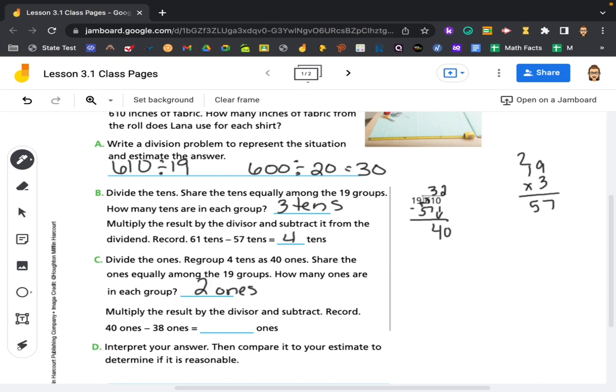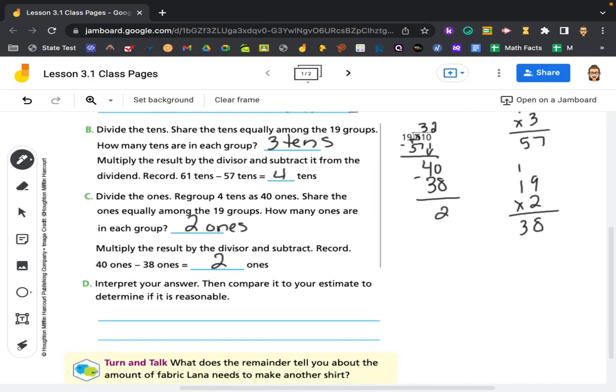So multiply the result by the divisor and subtract. So 2 times 19. We get 18, so 38. We subtract, we get 2. So if we interpret our answer,